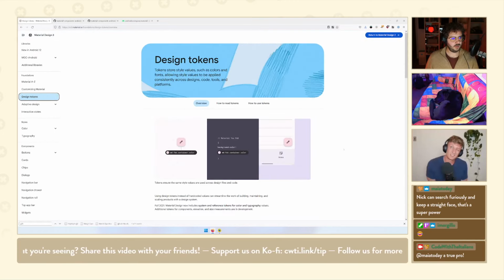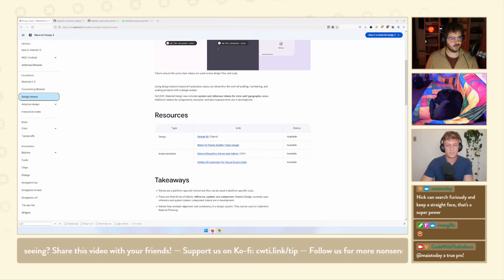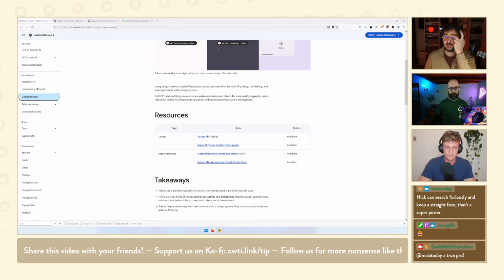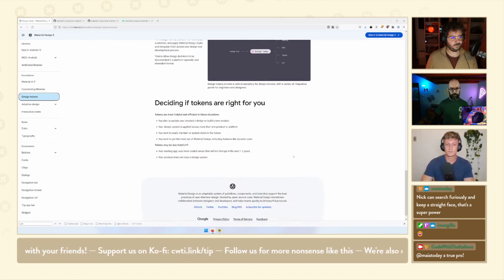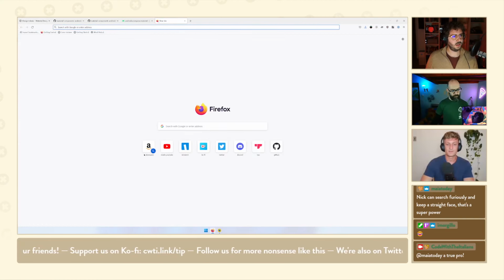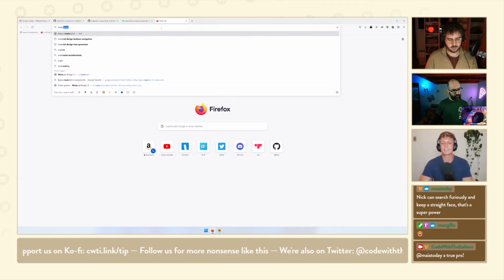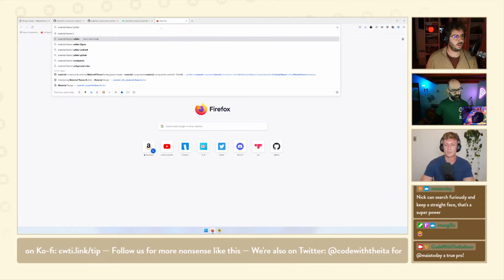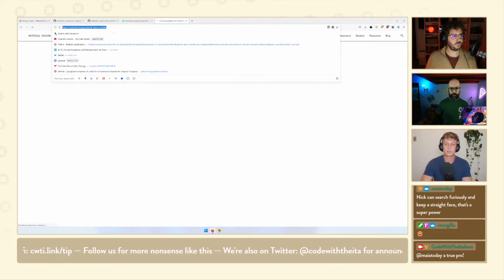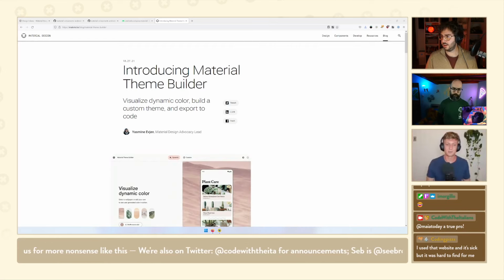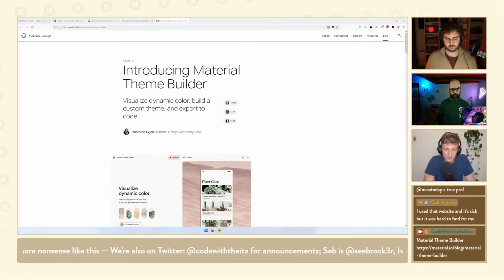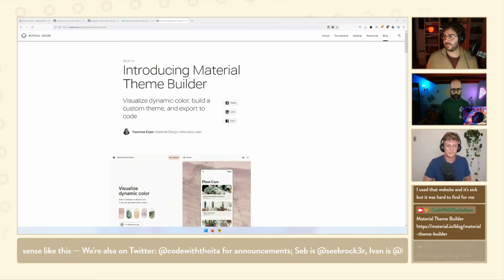It was something along these lines. I think the Figma plugin maybe made it a bit clearer. What was the website to generate the colors? The tokens. Yeah, that's another good one to get into. That was the Material Theme Builder. When I was mentioning it earlier, if you were to not use dynamic color in your app, but you still want your app to look like Material You, i.e. Material You-fy your brand colors, this is the tool that I would use. If you scroll down on this blog post, there's a link to a web tool.